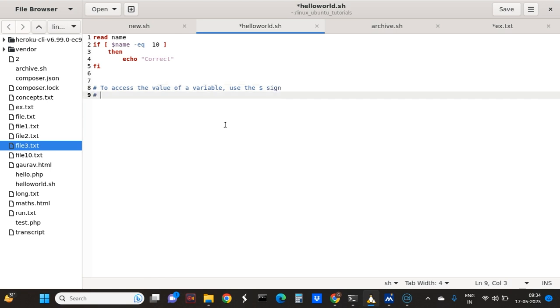To execute a block of code, if the if condition is true, then use the then keyword